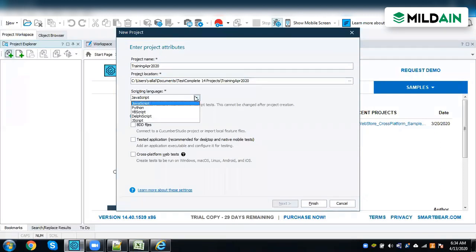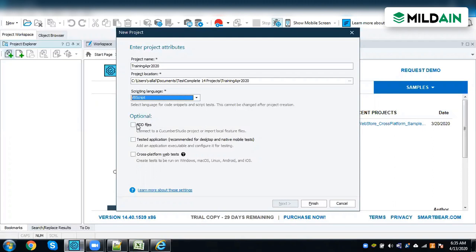Whatever scripting language that you want, you can use it: JavaScript, Python, VBScript, Delphi, and JScript. Okay. So I'm going to select VBScript. One thing to be more careful about is, once you have selected JavaScript or VBScript, you will not be able to change it in between. Okay. So you need to be very careful while you're choosing here.